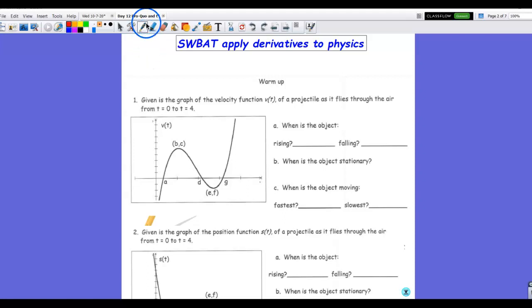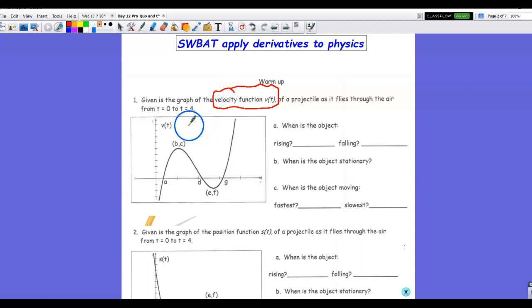Let's take a look at this physics example, where we connect derivatives to physics. In this particular warm-up, you can see that we have been given a graph of the velocity function. So the first thing you want to pay attention to in these types of problems is what graph do I